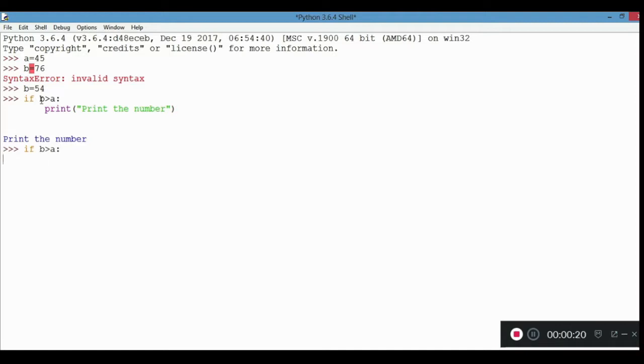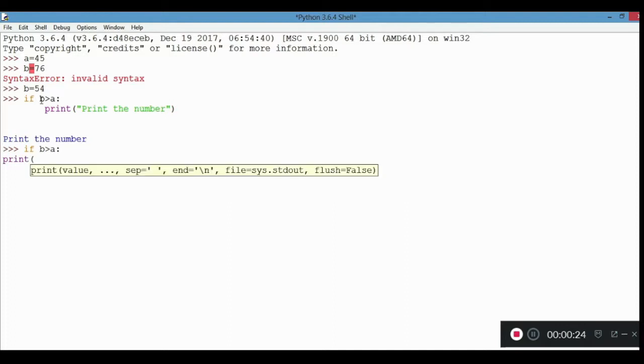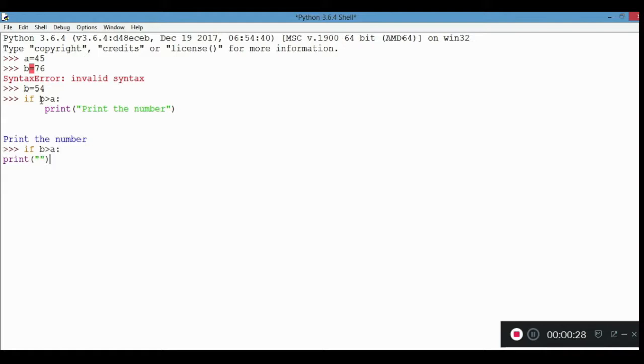and we don't give a space. Okay, now we write print, comma, and then we write b is greater than a. Now when we enter, you will see that an indented block error would be the result, and that's why we use